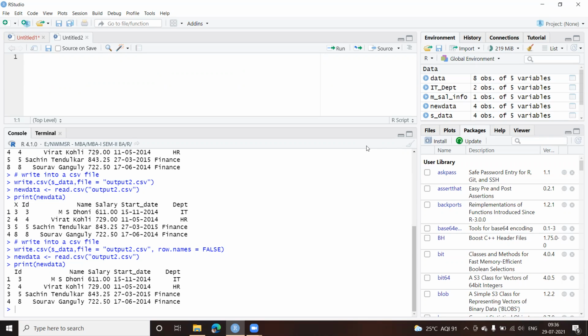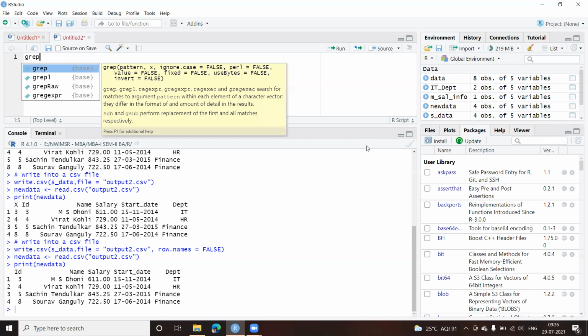Now I'll show you how to verify whether the package is installed or not. There's a function called grep. Either I can make use of grep or grepl, these are the same ways, with some minor difference. These are all functions which search for a match. That means it is going to search for the pattern which I provide, in the vector or whatever elements I have.